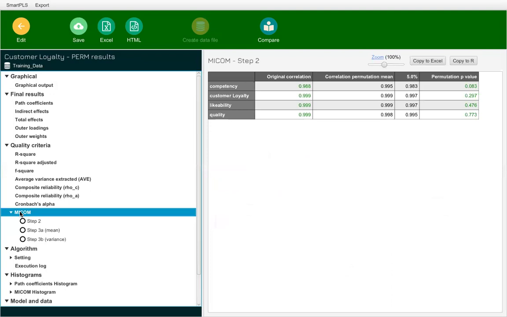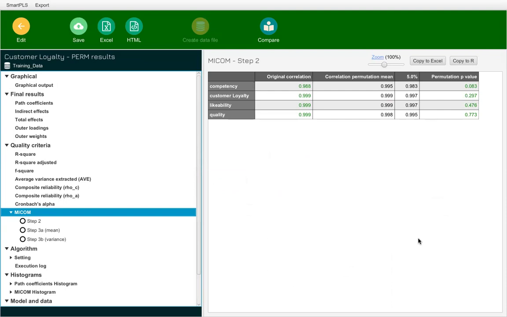When you click on the MICOM output, you see step 2, step 3A, and step 3B. Now, step 2 is comparing the original correlations with the permutation correlations. Let me just give you the criteria.